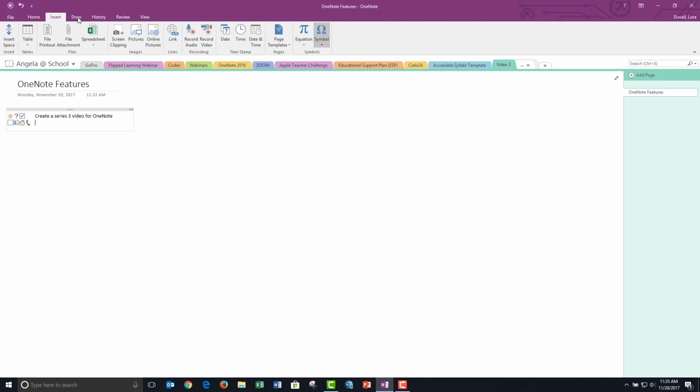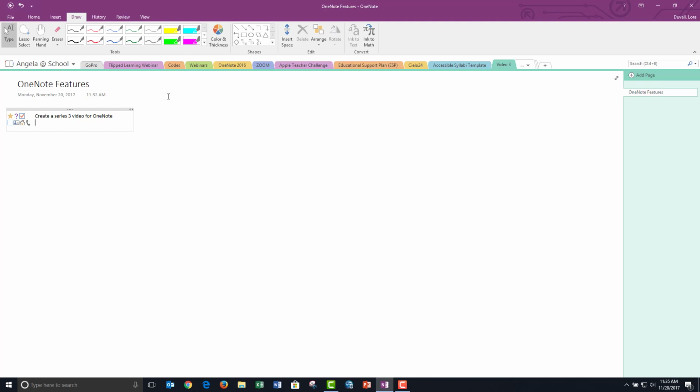Another feature will be on the Draw tab. I particularly like this tab because it gives you kind of like a free hand or free reign. You can begin drawing. As you can see, I left clicked that feature there and I began to draw. So I'm going to erase that. I don't really want that in my portfolio or on this notebook. That's a little bit small on the eraser, so I think I want to bump that up and get a large eraser. So let's just go in and take that out with the freehand reign.